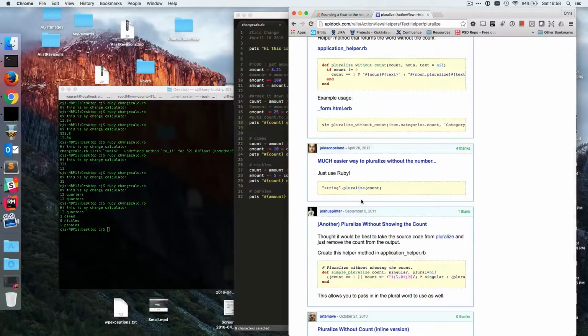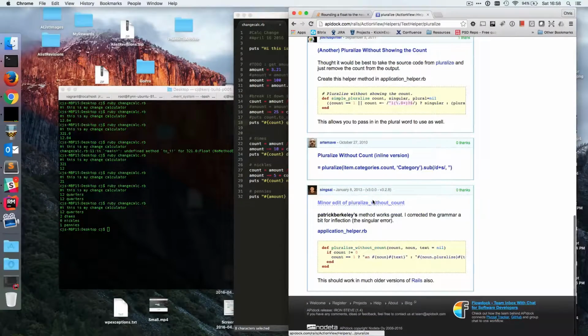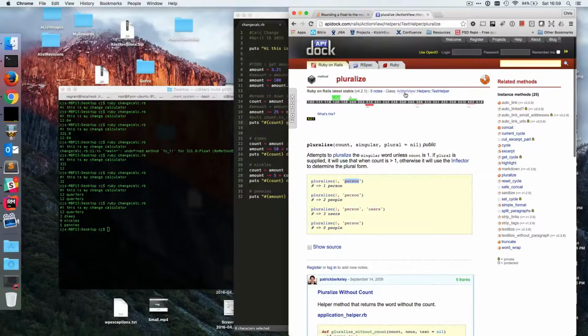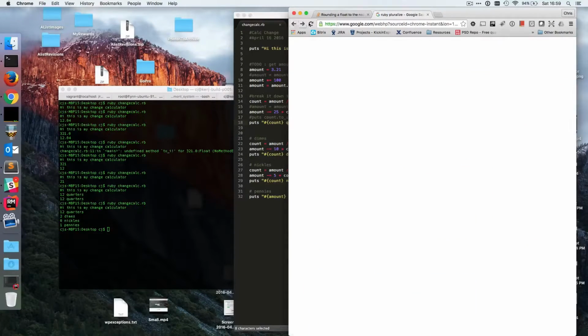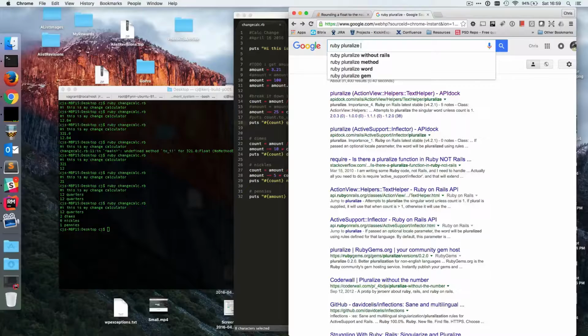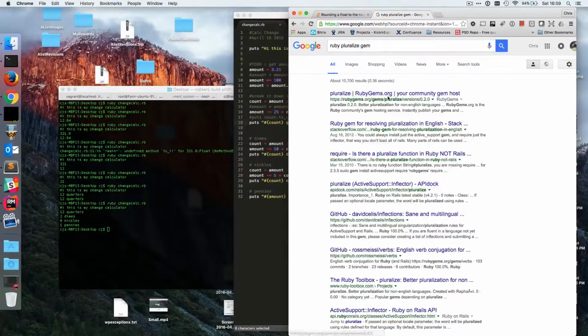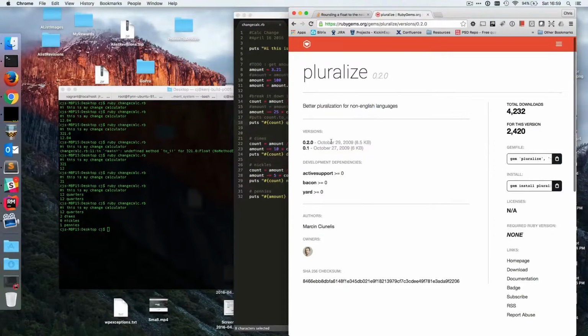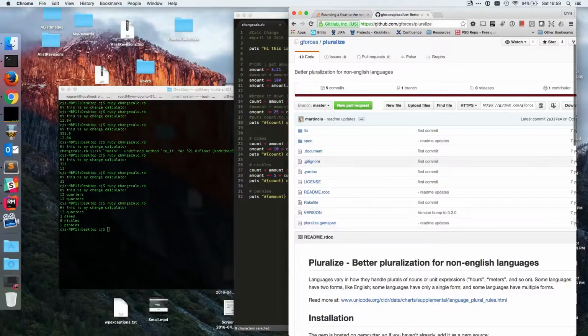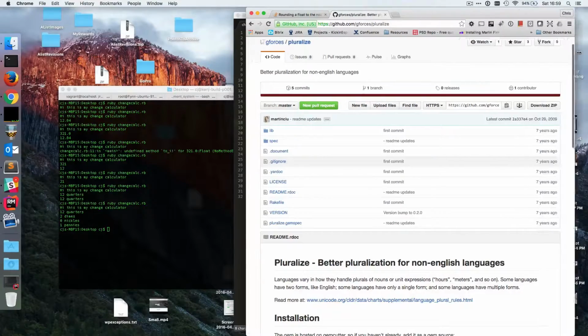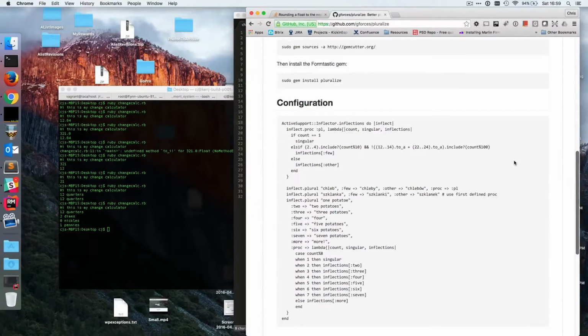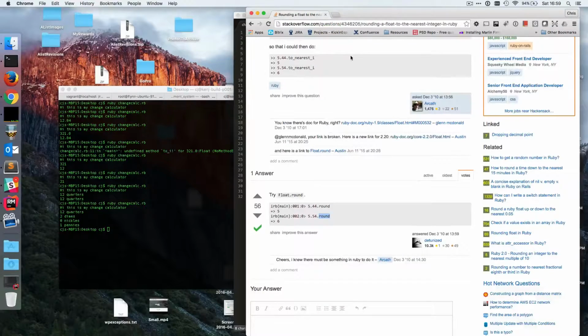I'm not sure what library this is in. Action View Text Helper. Pluralize. Gem. I don't know if there's a gem for this. October 2009. Download Ruby Gems homepage. Oh, this hasn't been updated in 7 years. Look at this. Yes, I'm not sure if it would really be worth getting into right now. But so anyway,